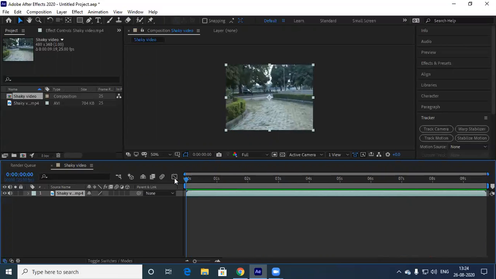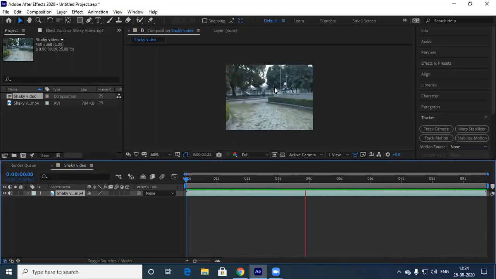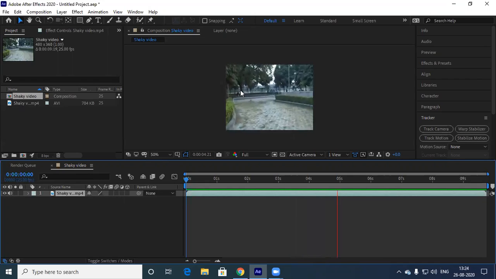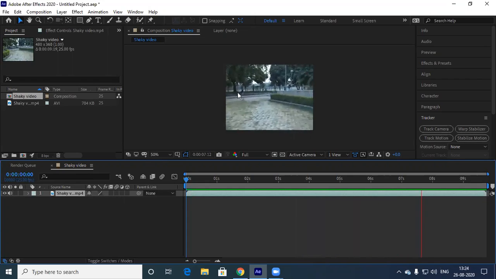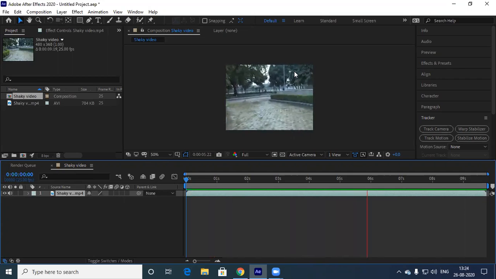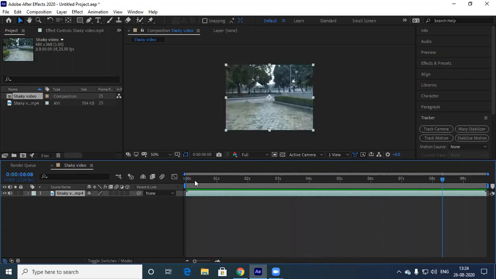Now what I'll do, how to avoid the shaky video. Let's see. The main thing is, from beginning to end, let's identify a common element in this. Means from beginning to end of the video, some element should be there. Let's say for example, this trunk, the tree part. This is there, and in this particular part, you have this street light.